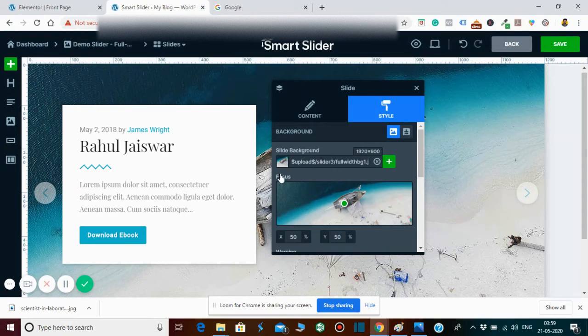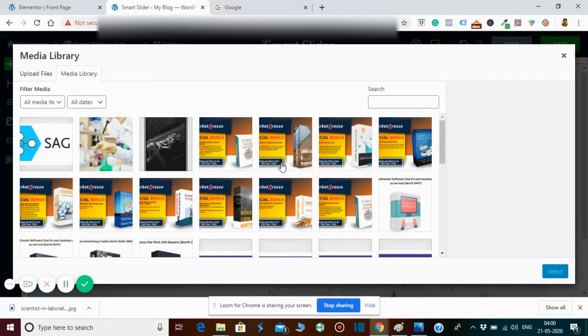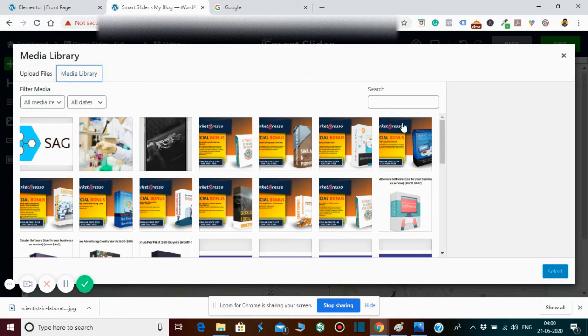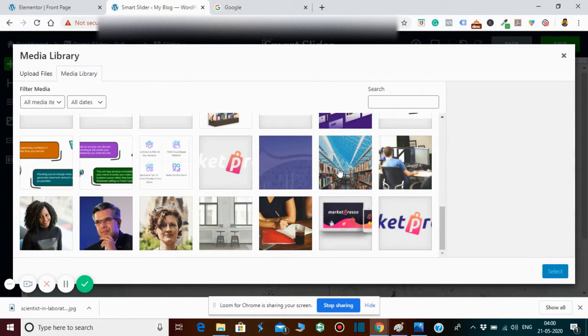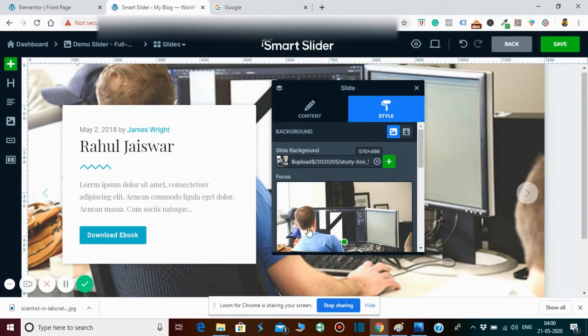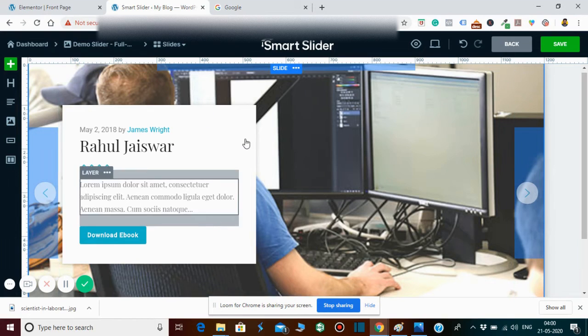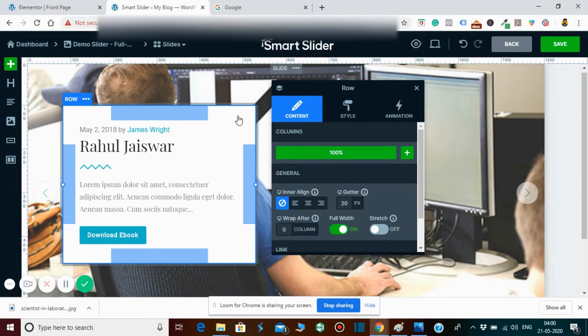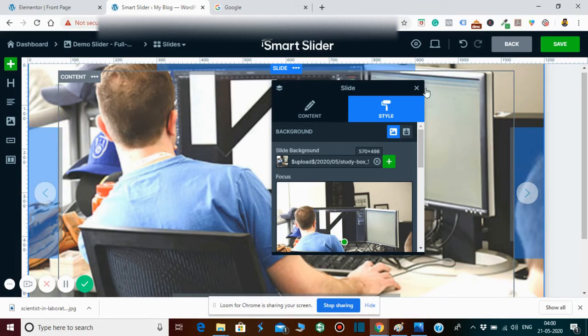All right, so simply click on this image, slide background, and this small image you are seeing, just click on this. And when you click on this, you can upload any file you have. Simply, you can upload anything. All right, so for example, I want to upload this thing, so I will go and select this. See, it automatically changes the background. Simply go and increase this, or if you don't want to see this image text, simply go and click delete. All right, so you are able to do that.